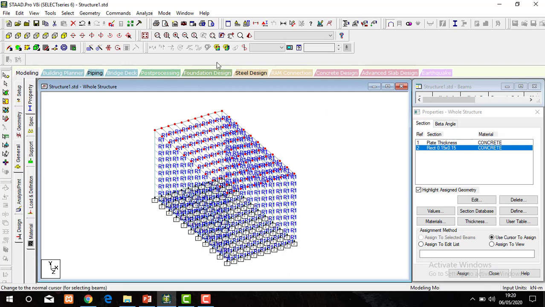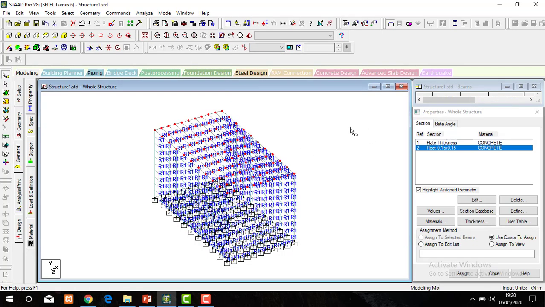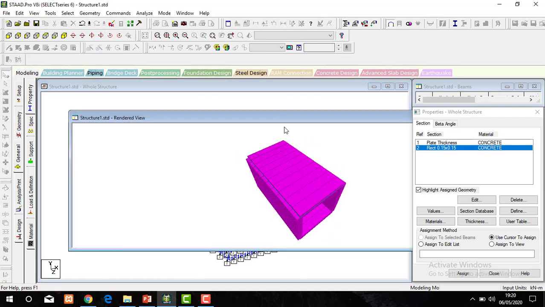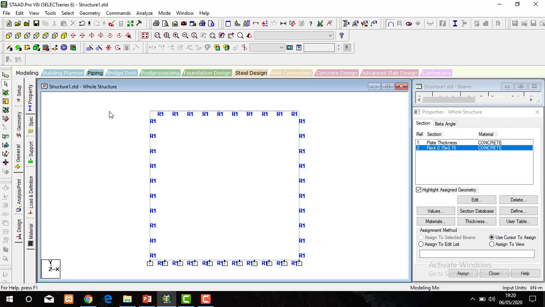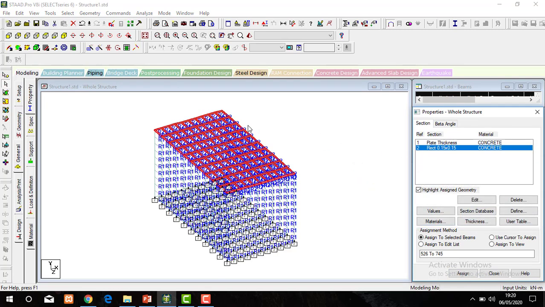Now all are created. We need to assign the property to the beams. These are the hidden beams. So assign selected beams, assign. All the properties are assigned to the beams.